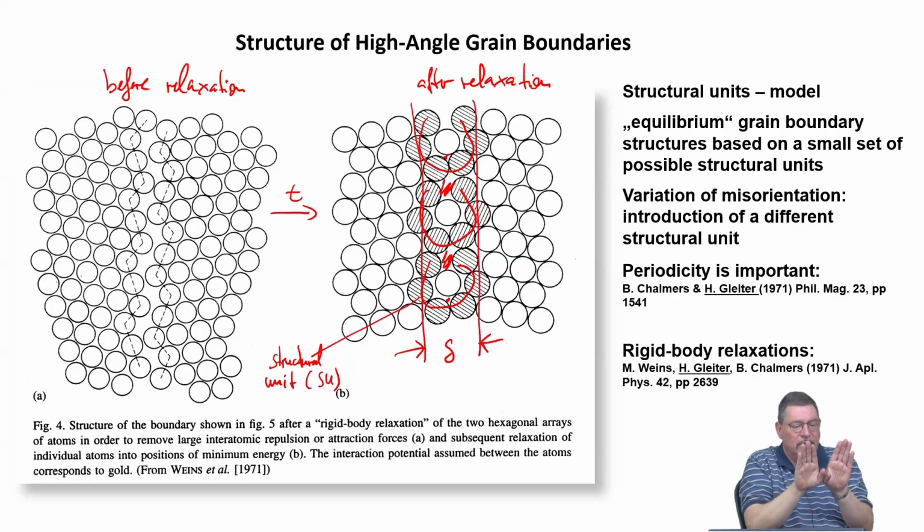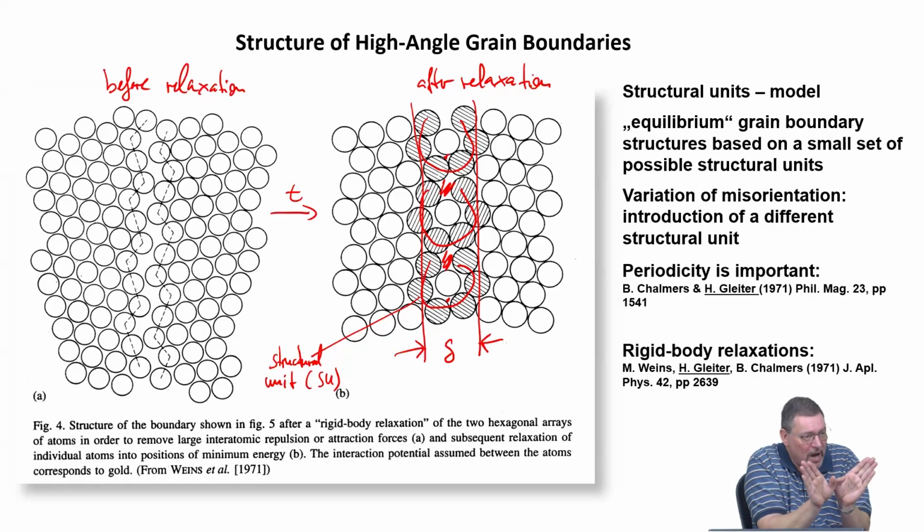And if the difference, this is an ideal, like a highly symmetric misorientation, so you only need one structural unit in order to accommodate the misorientation and to have still a rather densely packed and highly ordered grain boundary zone. If you now deviate from it for small angles, still this one unit will be able, with some distortions, to accommodate the misorientation difference.